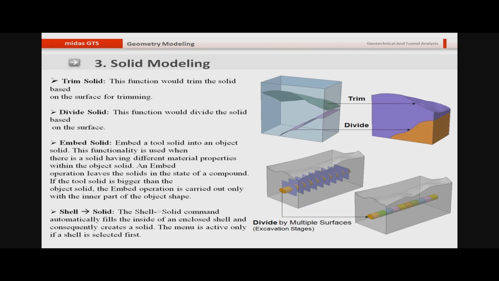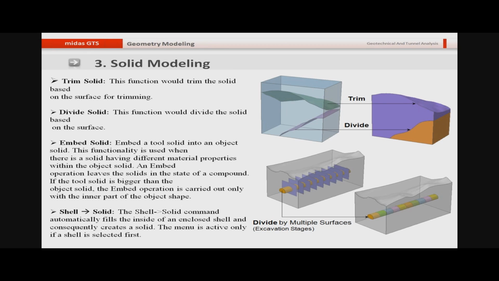Now talking about the manipulations in solid modeling, you can use the trim modeling feature or the divide solid feature. The difference between the trim and the divide is that the trim will cut the solid above or below the surface as defined by the user, but the divide will keep both sides of the surface. So as you can see here, I have a solid and I have two different surfaces, and I trimmed the solid with the upper surface, so it has deleted the solid above it, and using the divide feature I have divided the lower part of the solid, but the program has divided the solid into two different solids and it has kept both the solids. So this is the difference between trim and divide solid.